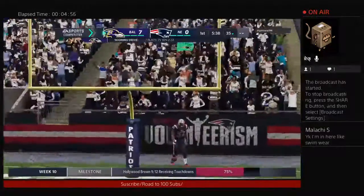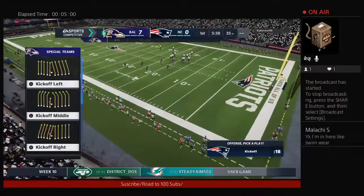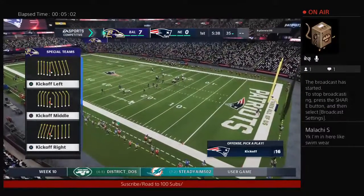Well, that's how they envisioned it. Get the football to start the game and score. And I don't know if that was scripted, was it audible, or was it